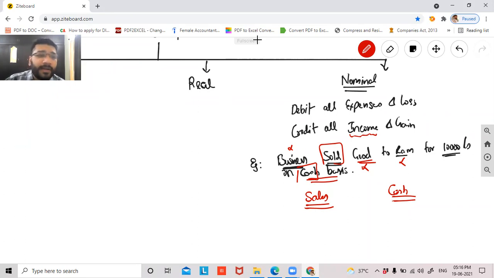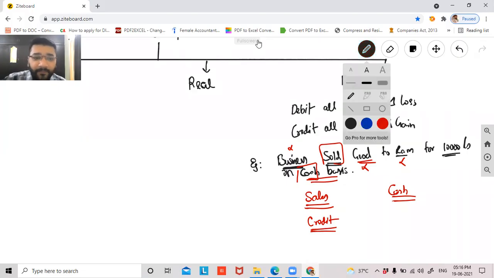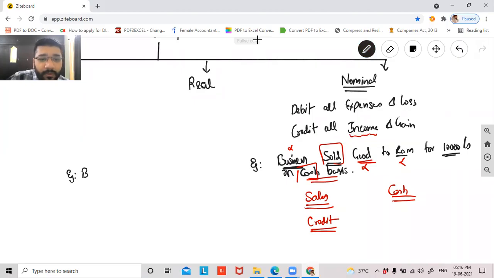So what should I do with sales? Should I debit sales or should I credit sales? Credit. Credit sales. See, I've asked you the question. Now you yourself answered the question. Guys, are you able to understand? This is how accounts is. Very, very simple. Let me give you another example. Now, what should be done with cash? You'll understand, guys. I've not done with all the classification of the golden rule. I'm yet to discuss real and personal. Once I do real and personal, you'll understand what I should do with cash.